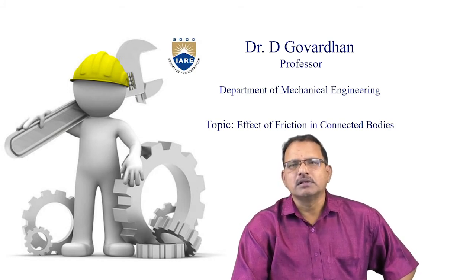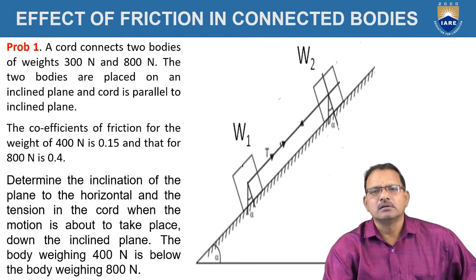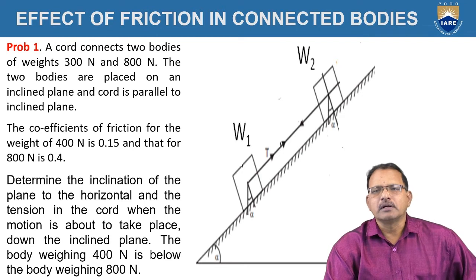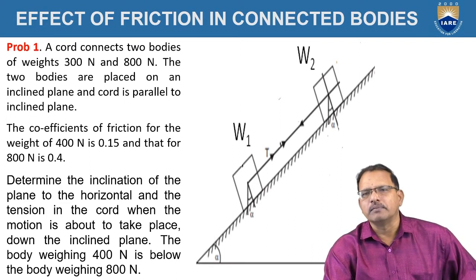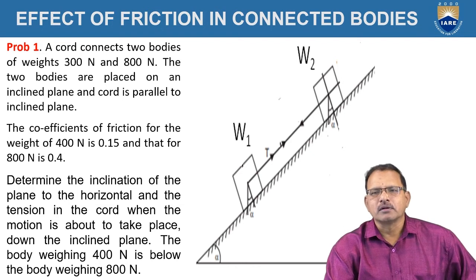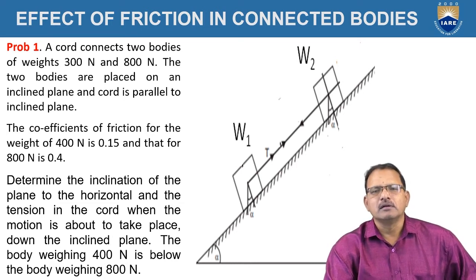Today, we are discussing the effect of friction in connected bodies. In this context, the bodies may consist of two or several, connected together by rope. These bodies may lie on the same inclined plane, or on a horizontal plane, or on different inclined planes. The normal reactions play a key role in determining the friction force which exists between the bodies and the surfaces